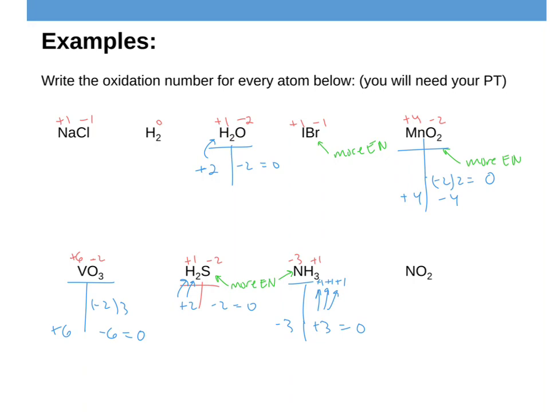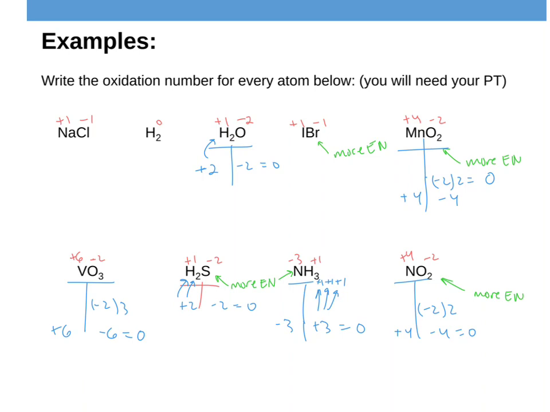And then lastly, over to this nitrogen dioxide, we have oxygen is more electronegative. So -2 for the oxygens. There's 2 of those. Equals -4, 0. Therefore, the nitrogen in this case must be a +4, which is what I did in that example early on in this little lecture here, right? When I figured out, oh, the nitrogen must be a +4. So in theory, you should be able to go back a few slides, right? Go back a couple minutes to those examples when I first was talking about the 2 nitrogen compounds and one being more oxidized than the other. And you should be able to figure out what these oxidation states are and how they